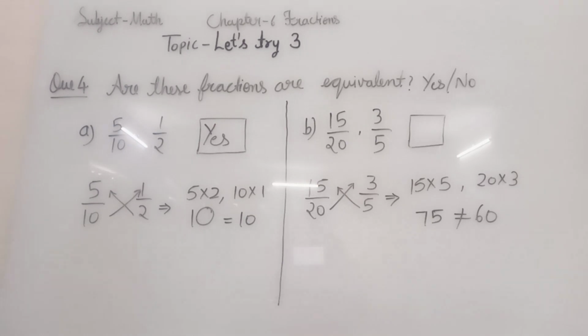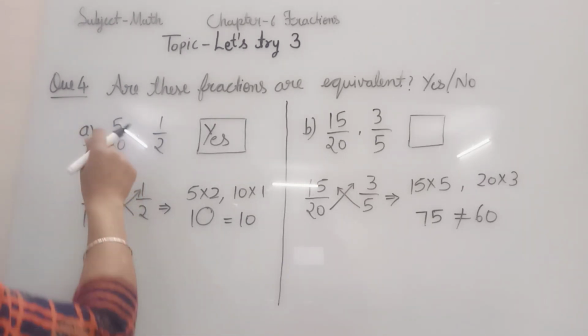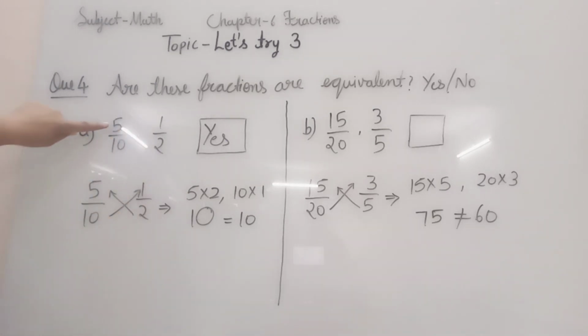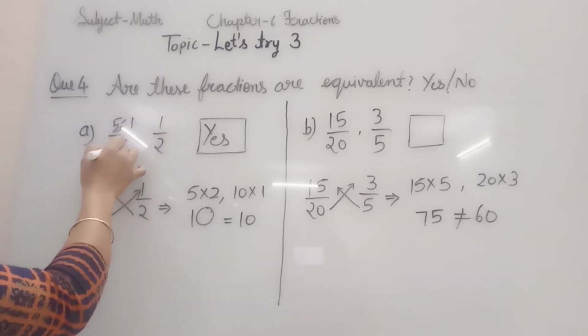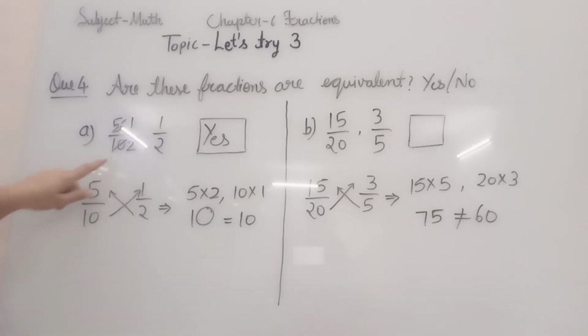Yes. And what is the short method? If you divide 5 and 10 by the same number. What is the same number? Because they end with 5 and 0, both are divided by 5. 5 1s are 5 and 5 2s are 10, sorry. So 1 by 2. Here also you are getting the same. Both methods are correct.